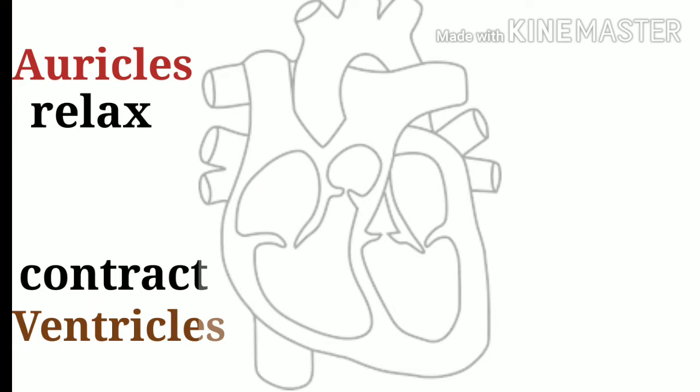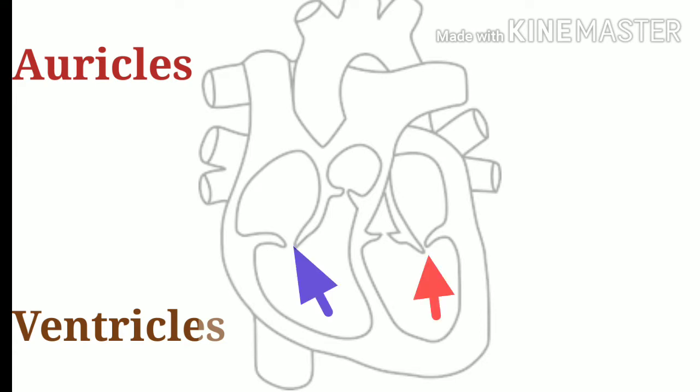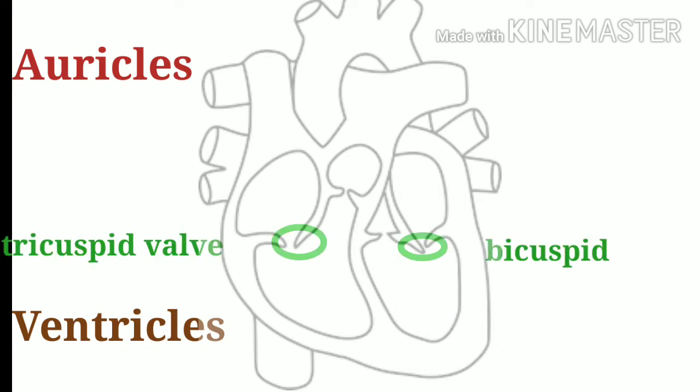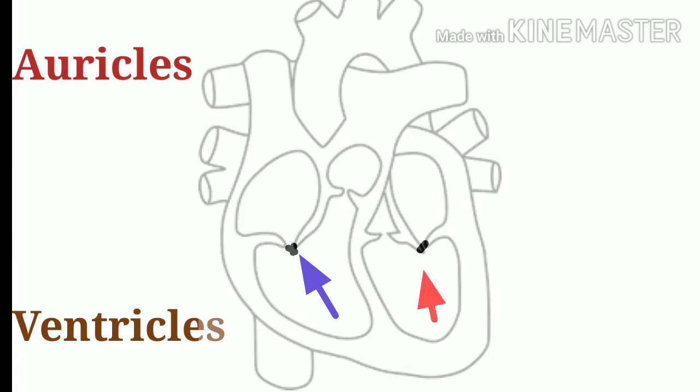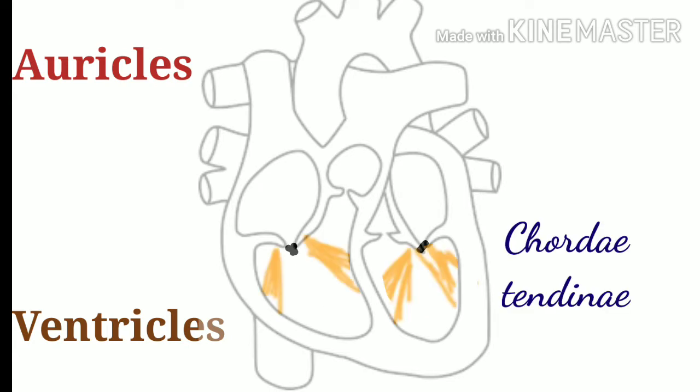The blood from the ventricles under pressure tends to return to the atria, but the flaps of the two cuspid valves get tightened and puffed up, thus closing the passage and preventing the return of blood. The chordae tendineae hold the flaps of the valves in position and prevent their overturning into the atria.